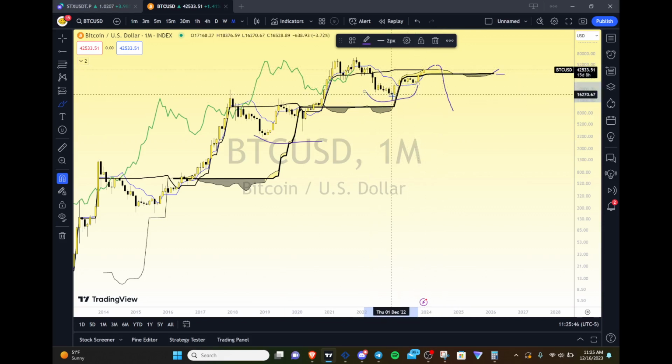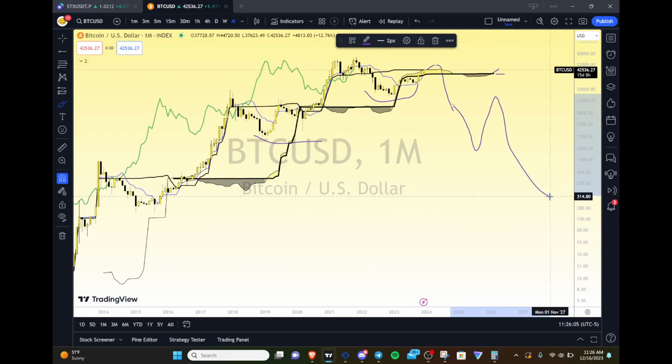Because right now, this is the intermediate low. We haven't taken out a protected low on the monthly for Bitcoin because healthy charts don't do that. If you want to know what the protected low is, the protected low is down here. So if we actually come down and take this low out, what's likely going to happen is not that we're dropping to zero, it's that we're going to pull up really hard, and then we're going to drop to zero.